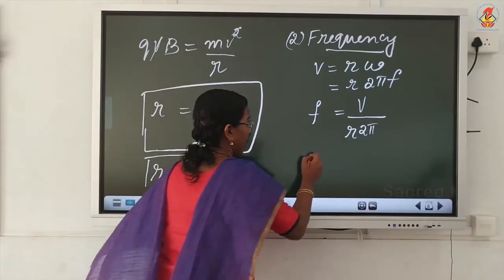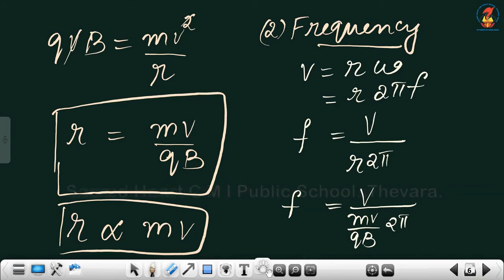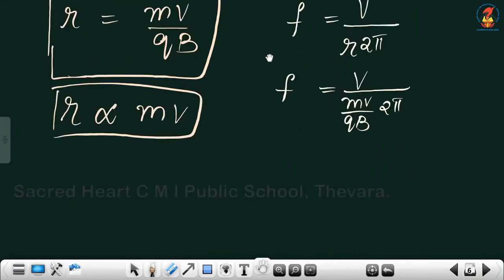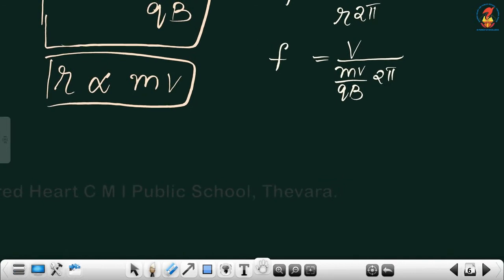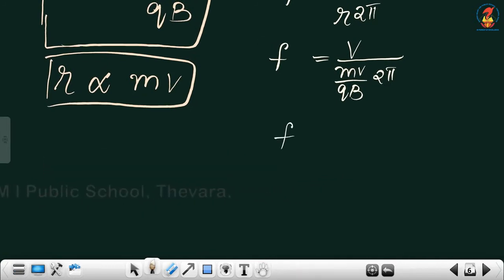So we get f is equal to v divided by (mv divided by qB) into 2 pi. On rearranging we get